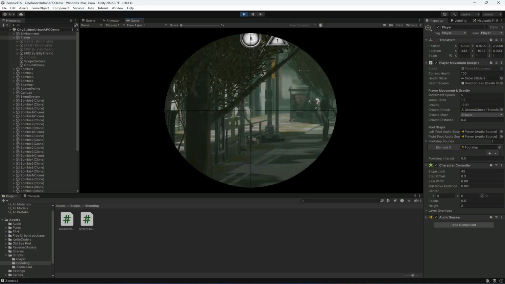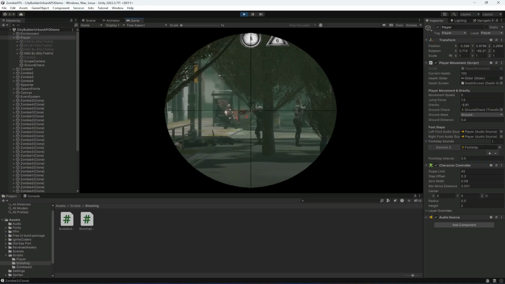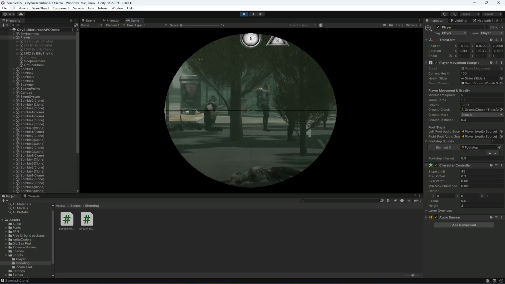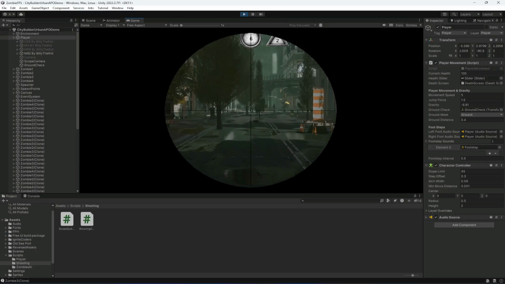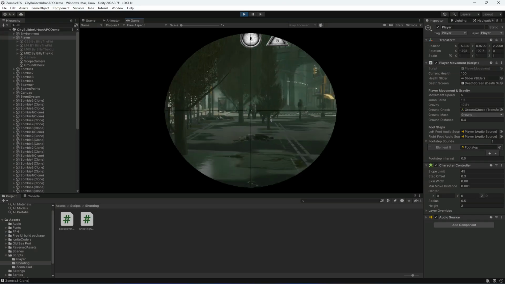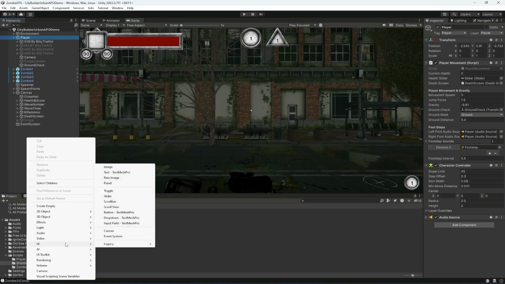We can shoot zombies and turn off the scope as well, as you can see. Now the next thing which we will be fixing is to not show this player UI when the scope is on. For that, what I'm going to do is create a different canvas,